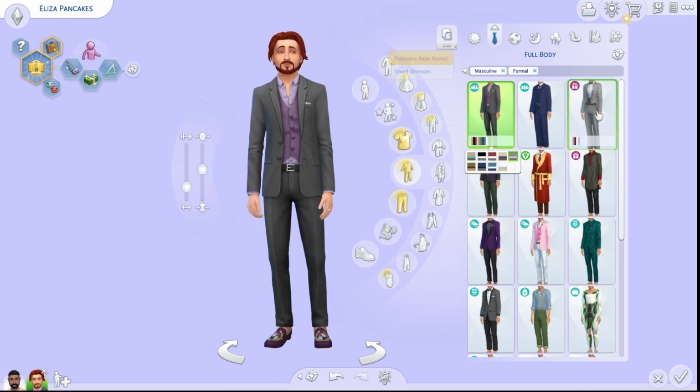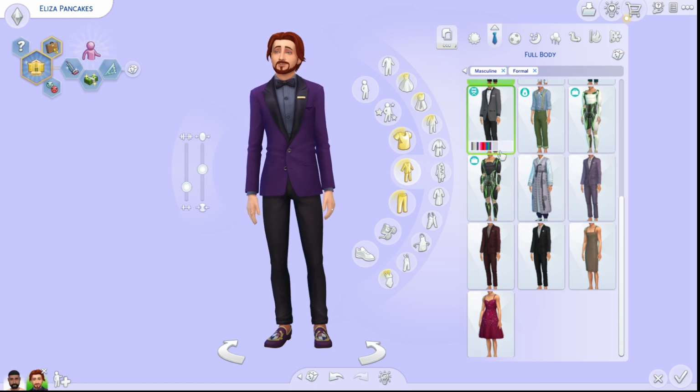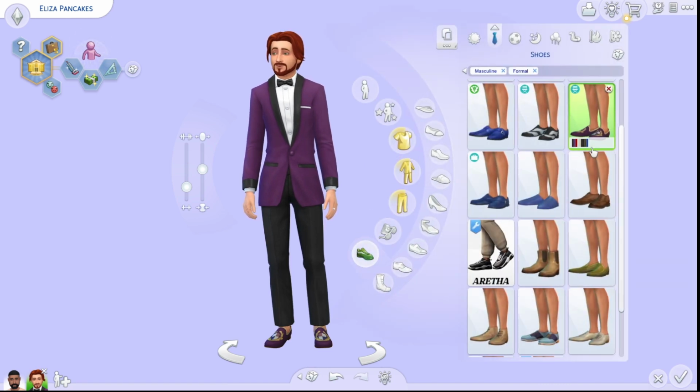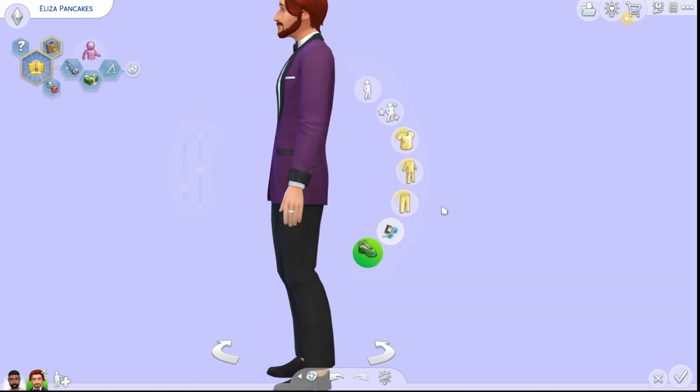See, we could also go that. I guess that's got purple in too. I'm trying to decide between that one and that one. Or we could go with that. That actually is probably the most similar to the shade of purple that it was, I think. Let's go with that. And then I normally just go boring black shoes, which I feel like works for this